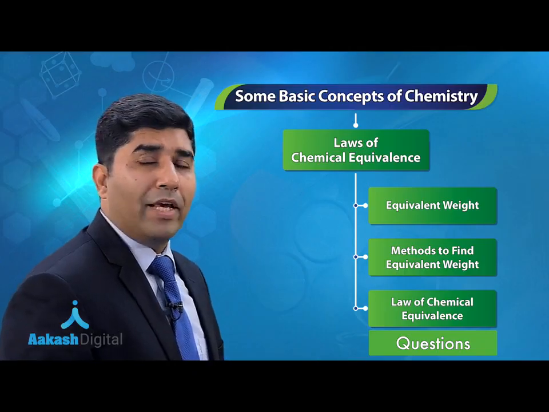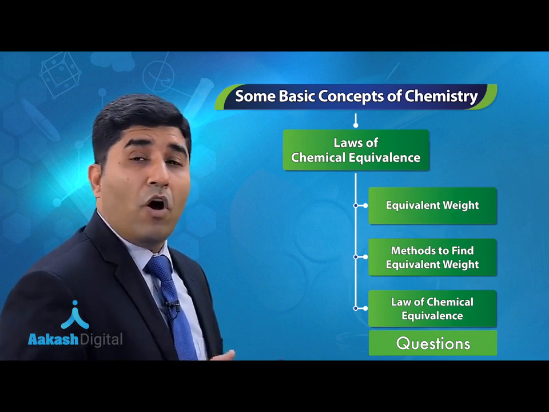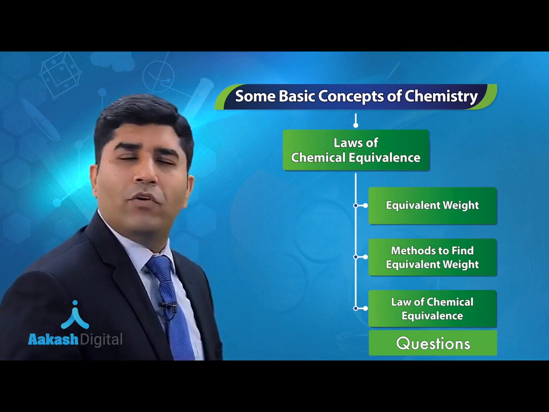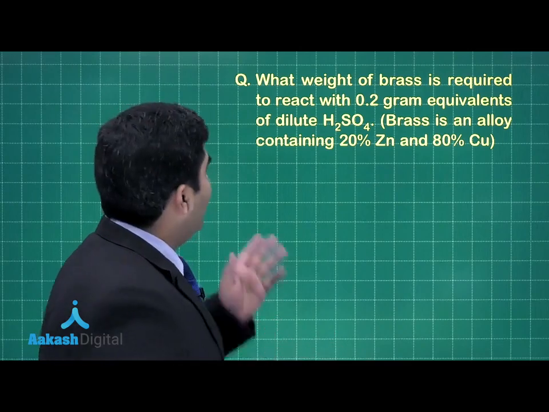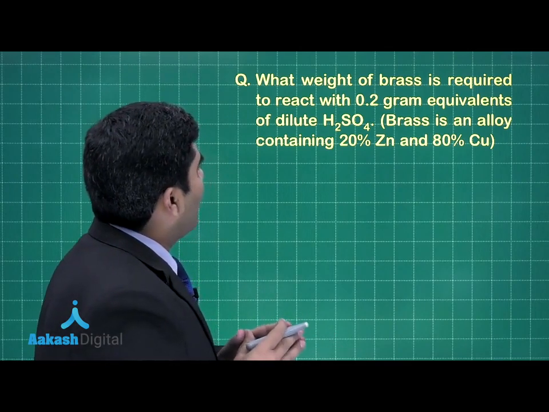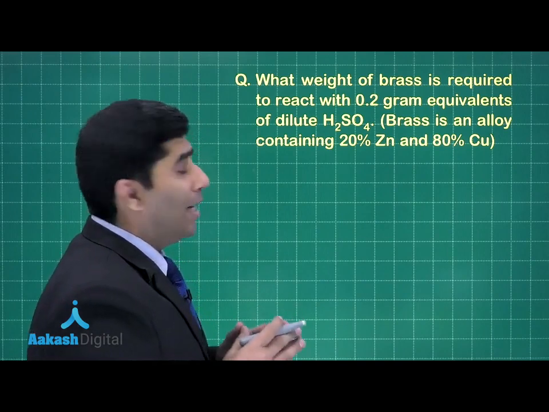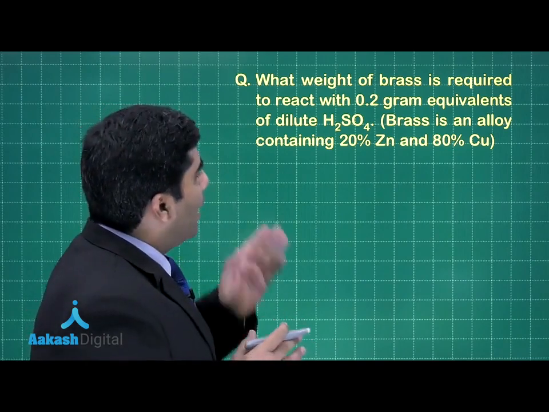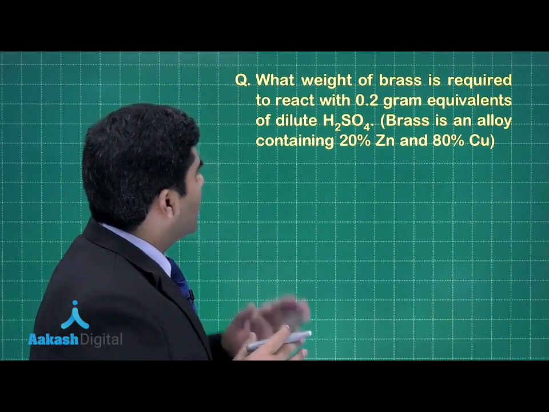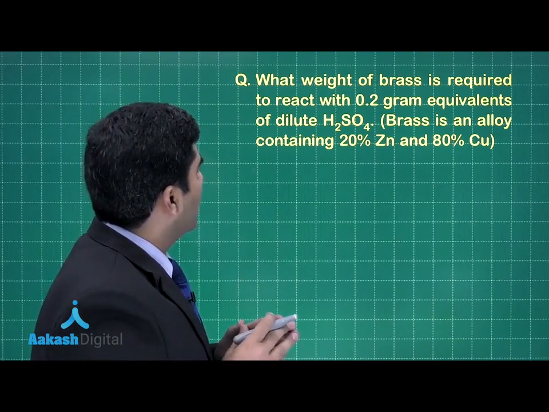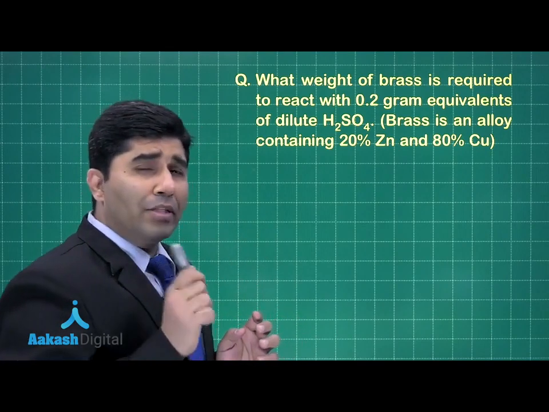So after studying about the equivalent weight and the law of chemical equivalence, let's solve some questions. In this question, he is asking what weight of brass is required to react with 0.2 gram equivalents of dilute H2SO4, and brass is an alloy containing 20% of zinc and 80% of copper. The point to be noted in this question is